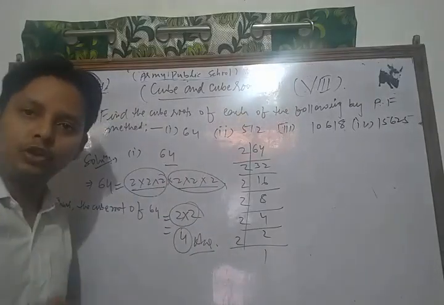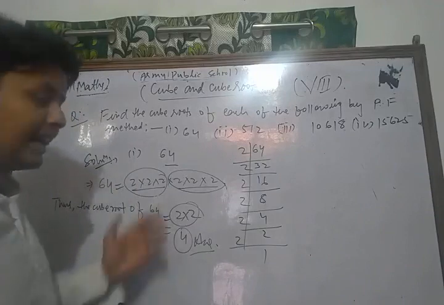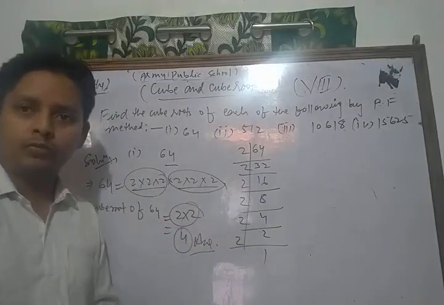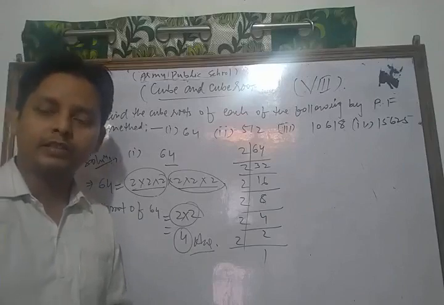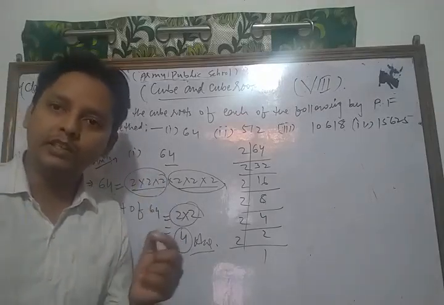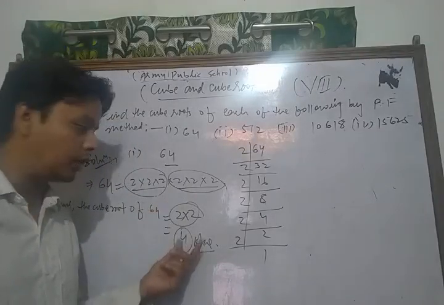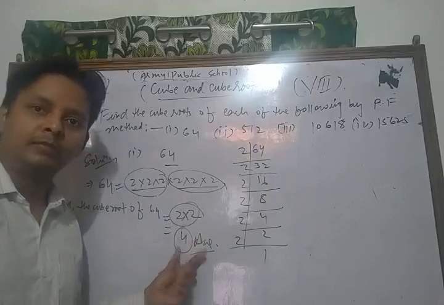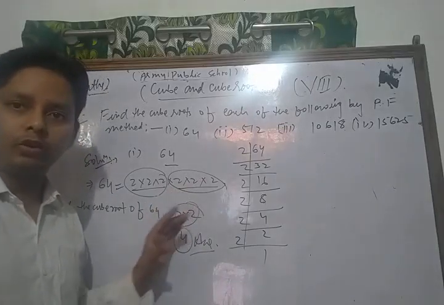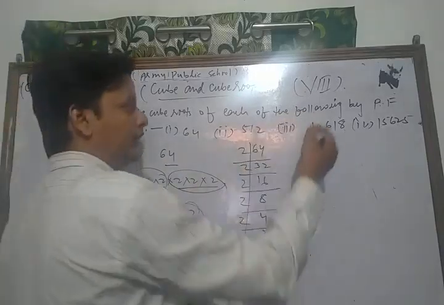So for finding the cube root, first of all you write the given number in prime factorization and form the grouping of all the factors in triplets of equal factors, and you take one number from each of the triplets and multiply them, you get your result. So this is the process for finding the cube root of the given number. Similarly, you can solve each and every question.